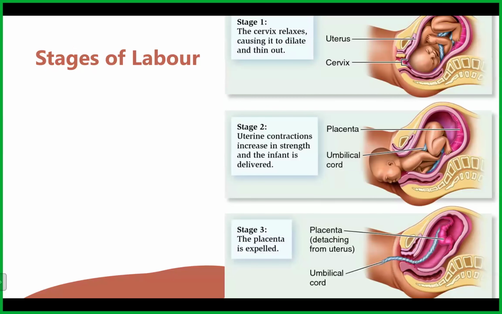So there are basically 3 stages of labor. Some of your articles say there are 4 stages. They're just dividing the second stage into 2. That is why 4 stages are there, but 3 stages for easy understanding. So first, the cervix will relax, it will dilate, it will thin out. After that, the uterus contracts. When the cervix dilates, I told you operculum, right? Cervix dilates, it will thin out, meaning the operculum will fall down. First sign of labor, you can see it as that.